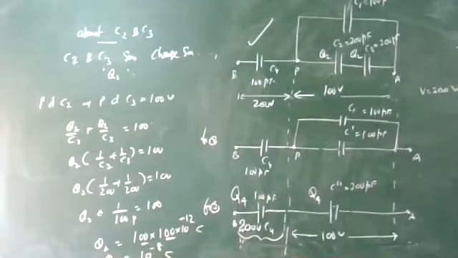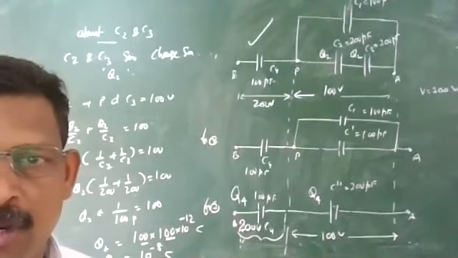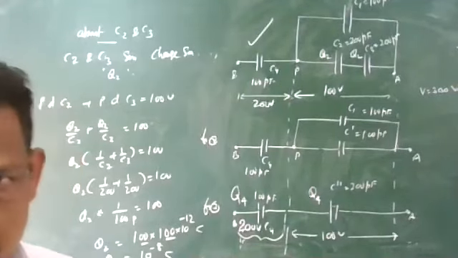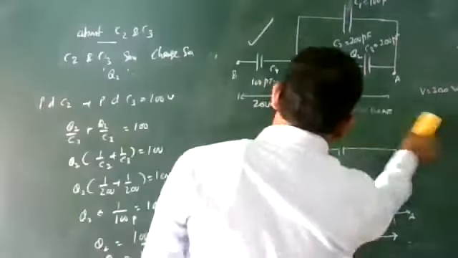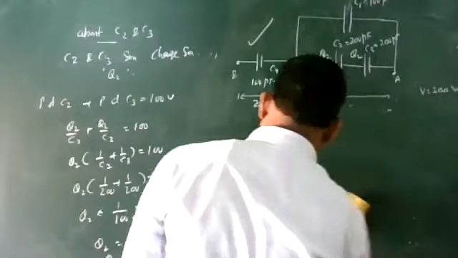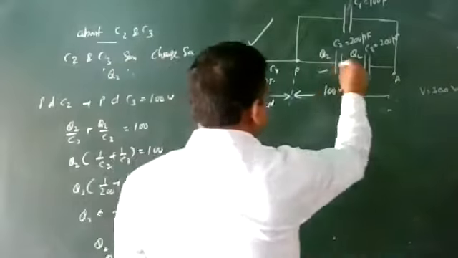C2 and C3 में भी same charge रहेंगे. Charge on C2 and C3 remains the same. That is 10 to the power of minus 8 coulomb. Okay. Whatever the charges are same, values of capacitance are same. So what is the PD across C2 and C3? दोनों के बीच में potential difference 100 volt. Now PD across, next point I write, last point. PD across C2 and C3, then equally divided. Charge the same, capacitance same.